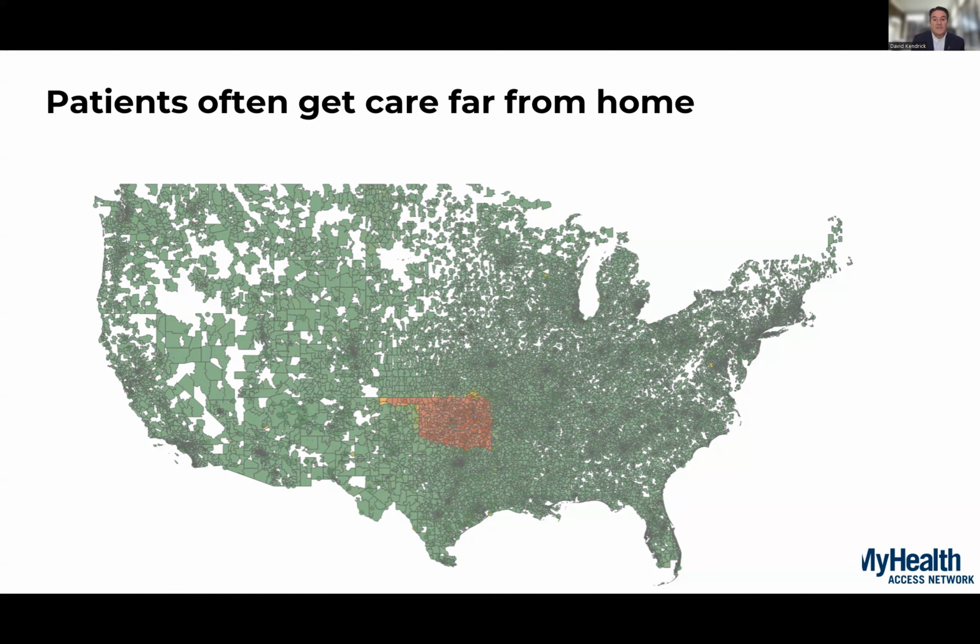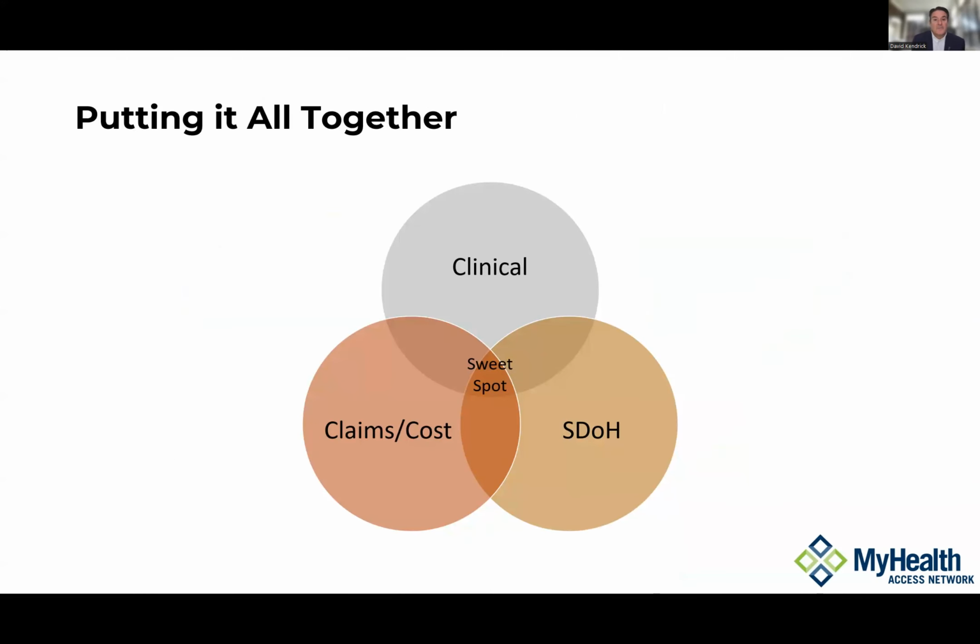And Dr. Khurshid was talking about the patient-centered data home, which is our primary tool in ensuring that that medical record stays intact. But when we transition to health data utility, the concept of health data utilities, we're really looking for the ability to provide the most comprehensive information we can about each individual so that it can be there when and where they need it for decisions about their care, the services they may need, etc. And so at this point, the primary data sources we're working with are clinical, as we've been talking about, but also claims and cost or attribution data, and then social determinants of health information.